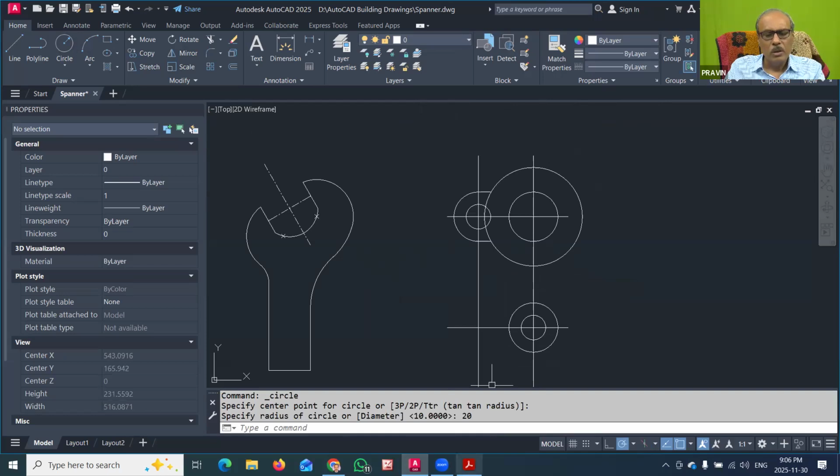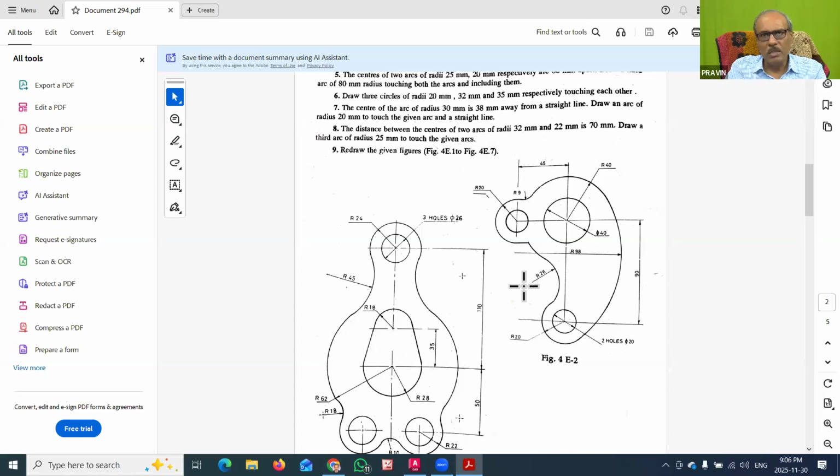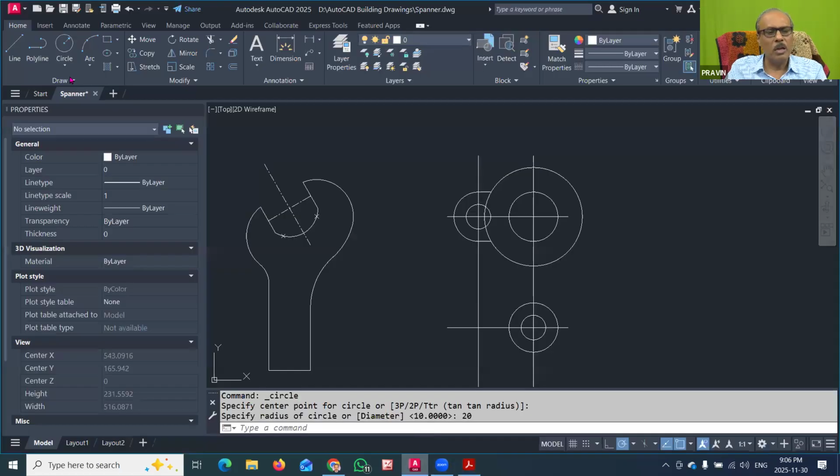Now you have to see that this is the radius 26. This part we have to draw, which is touching this circle and this circle. So again, we have to use the fillet command, or now here the typical condition was there. The radius of the circle is known to us and it is touching two objects. So for that, what option can we use? Can anybody tell me? In the circle command, there are various options.